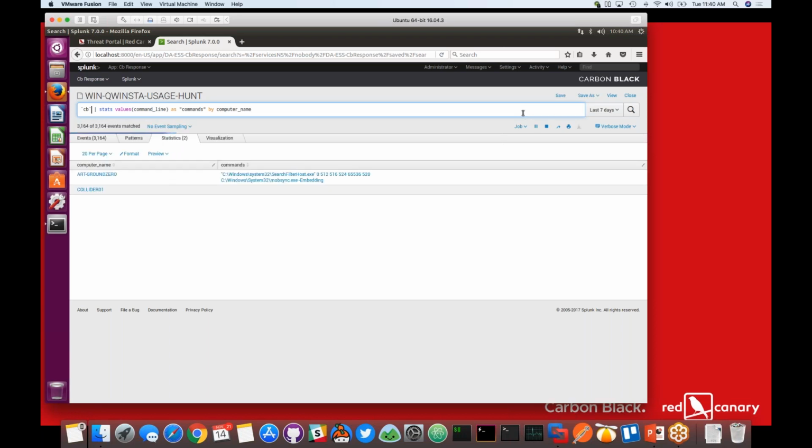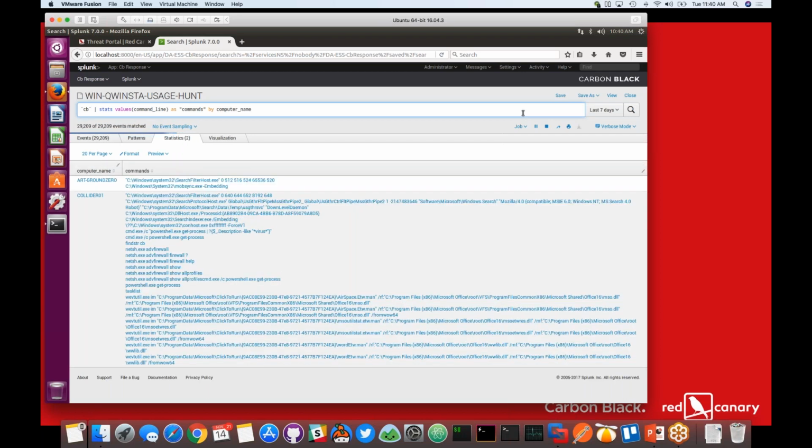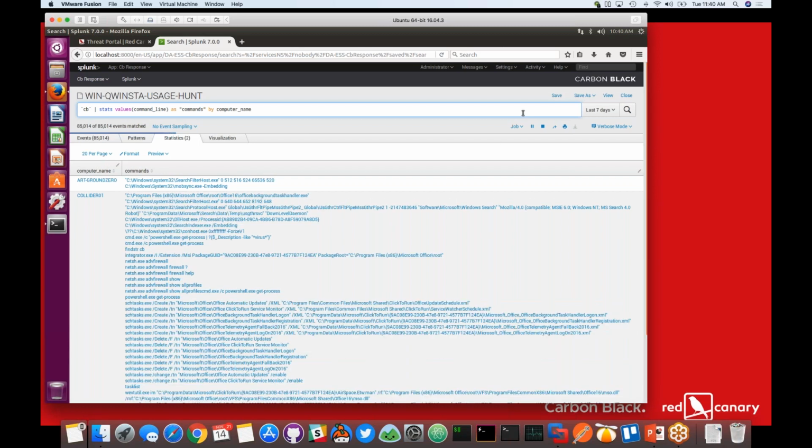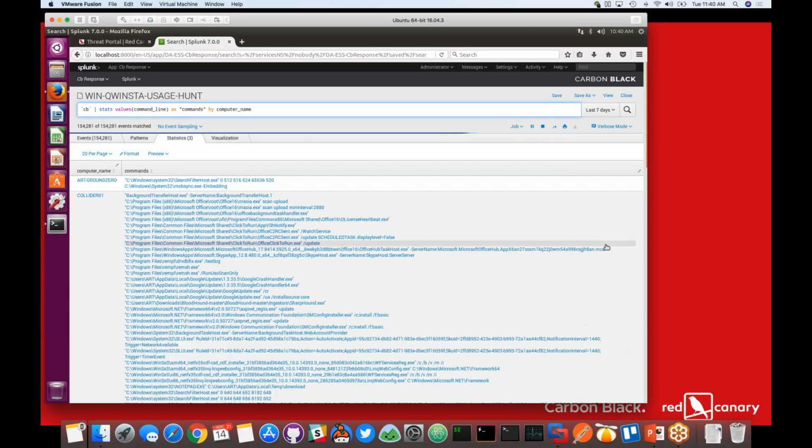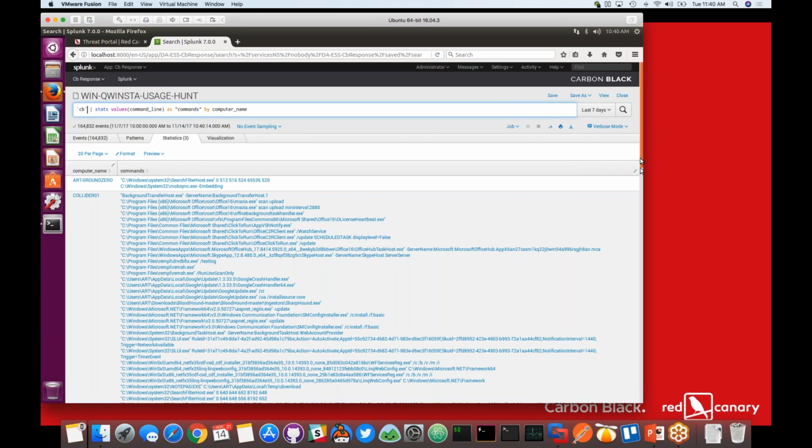All right, so what I ended up doing was just breaking this out here, showing me all processes, specifically just the command line by computer name. And this is a really cool way to identify some interesting behaviors happening in your environment. As a saved search, this is something you could run daily. It may not be something, according to the hunting maturity model, that is considered to be more mature. It's very ad hoc. You're now just coming in here and you're hunting through lots and lots of data, trying to look for suspicious behaviors.